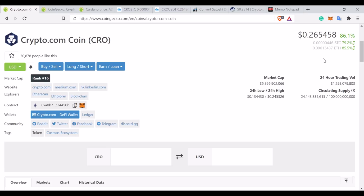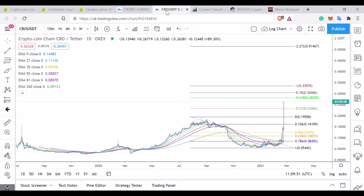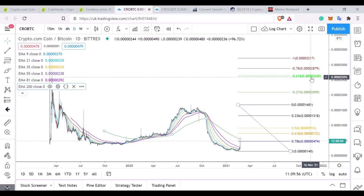Crypto.com is just now going to catch up, and because of its fundamentals, because of its user base, 6 to 7 million people now using the token, we are going to see a mass increase in the amount of capital behind the token, and obviously a mass decrease in the number of units that the token is allocated to. That capital is going to push the price up, as I say, to somewhere between 0.83 and potentially as high, if I look at a very bullish scenario in Bitcoin, as